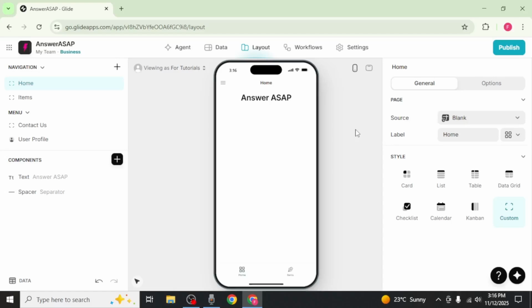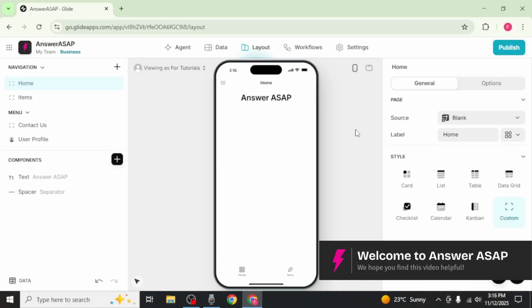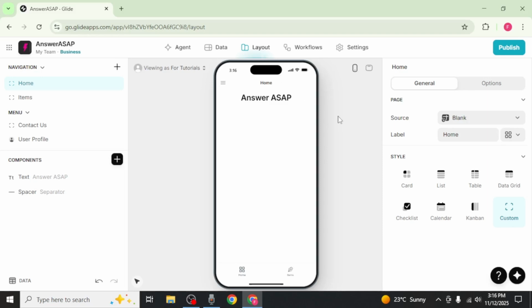In this video, I'm going to show you how to navigate between screens in Glide. To start, head over to the Layout tab in your Glide app. Here, you will be able to see all the screens you have created. For example, in my app, I have a home screen on the left-hand side, followed by an items screen and